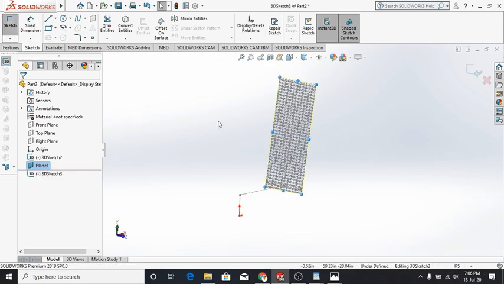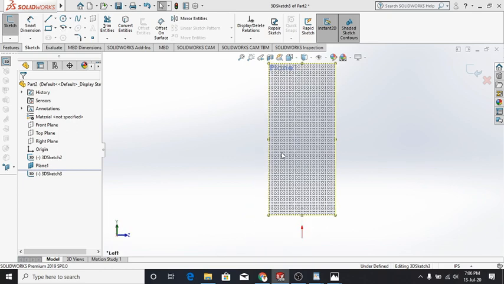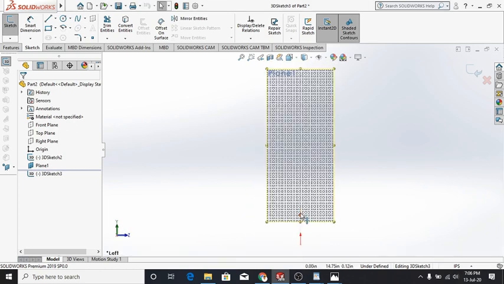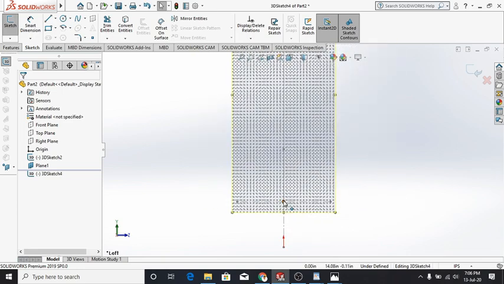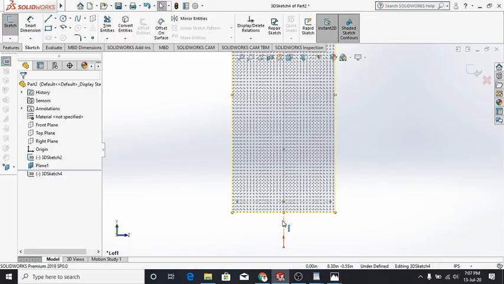Now choose this. Plane turns in this way, which is very confusing, but that's okay. Here the point is, so now here I want to take 25. The minimum that has been specified is 18 inches, but I'm going for 25 inches. Okay, now I'm going to choose midpoint.